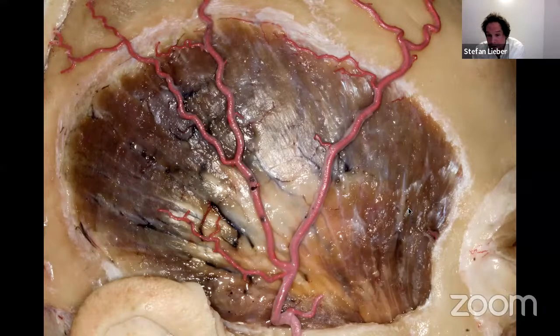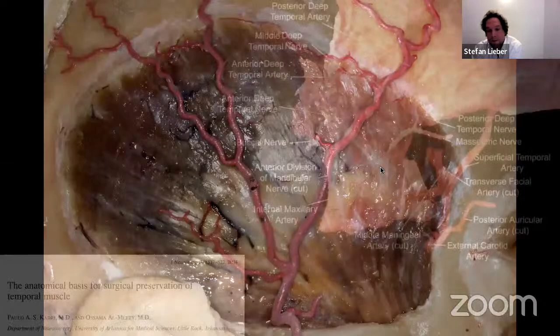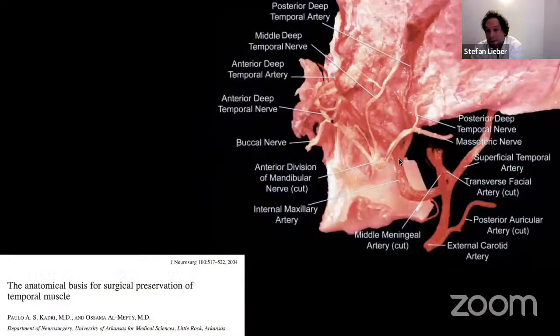So whenever the muscle needs to be cut, and there are obviously cases where it needs to be cut, it should be cut in the direction of the fibers to minimize loss of function, scarring, pain, volume loss, and all the problems we know. This is recognized. This is a big muscle, which, as I said, inserts on the coronoid process of the mandible mostly,